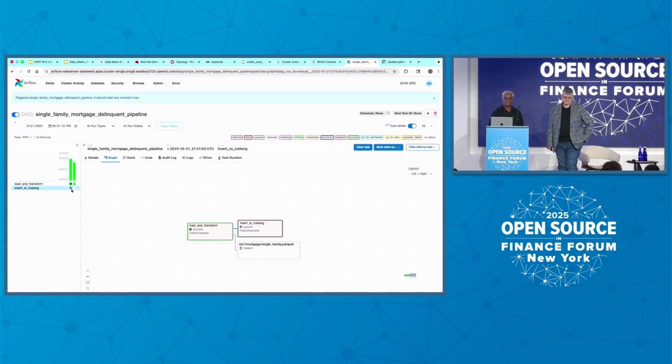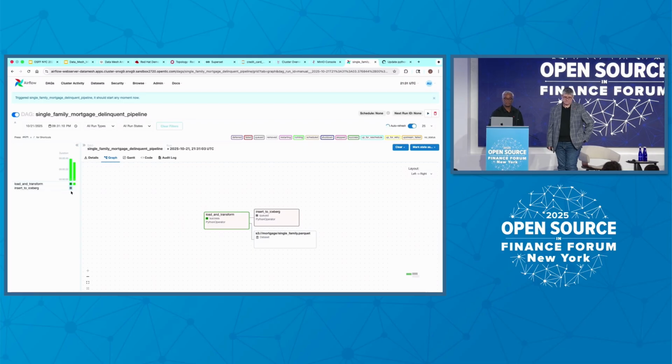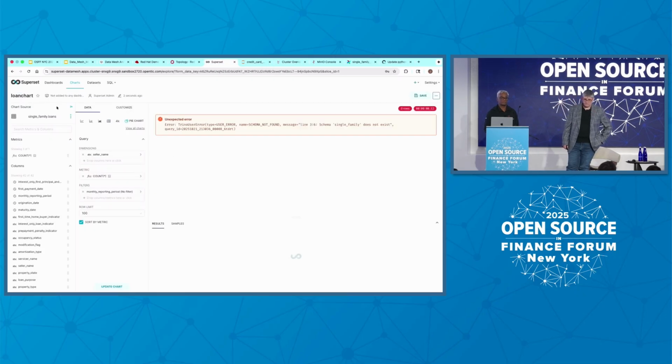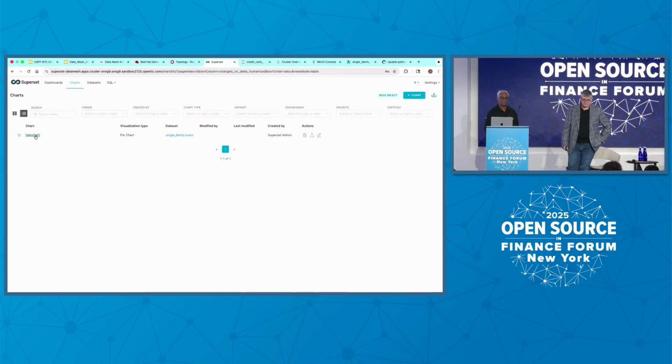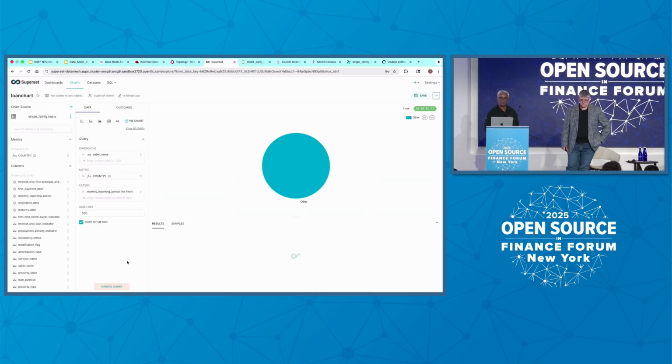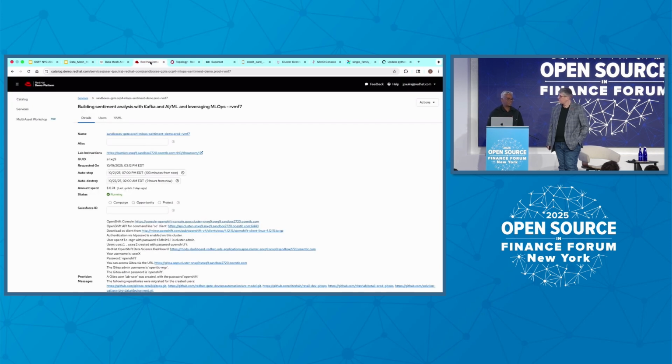Yep, it's almost done. Now I can go and visualize the data in Superset. Yep, I just processed it, and I can see the whole data from here.